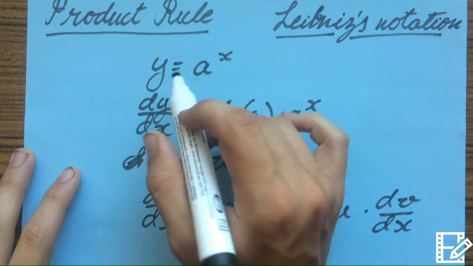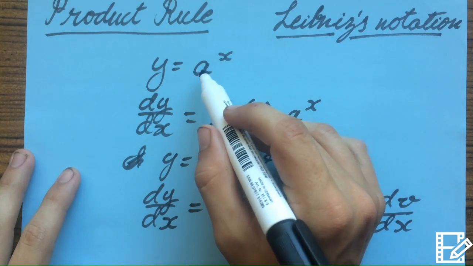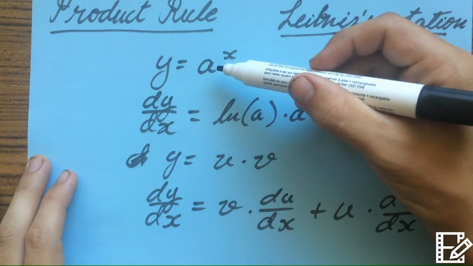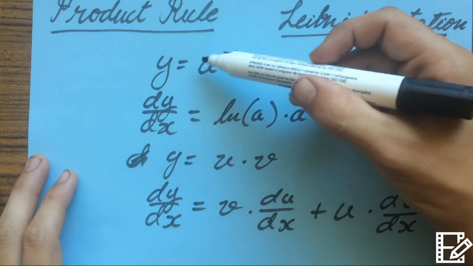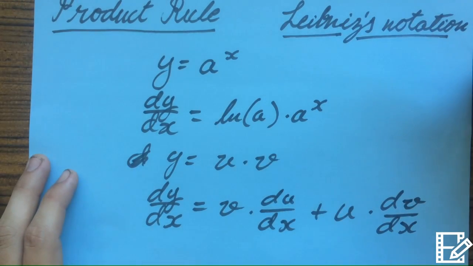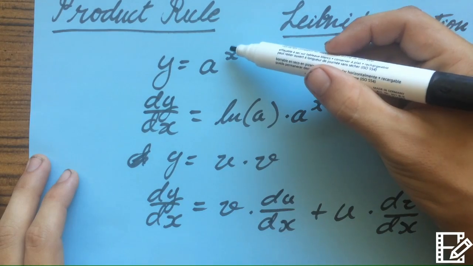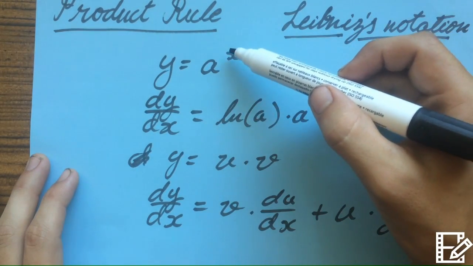So, we have a function y, and inside that function we have a to the power of x. A can just mean a number. It's just like a 7 or a 10 or whatever. You can put any real number in there and it works, and it's to the power of x. Now, if we want to derive that,